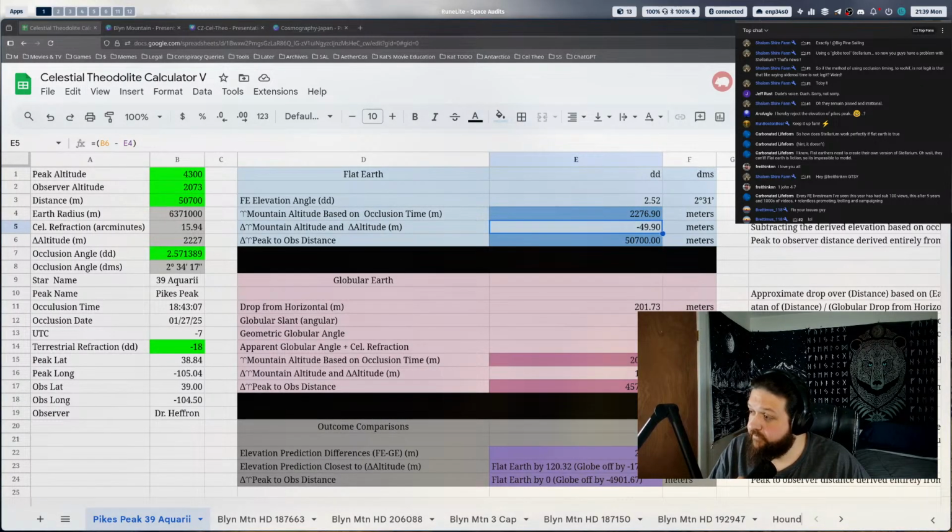Right. I don't doubt that you guys know how to plug numbers into a formula. But my problem is if something's off, if even your formula's number is off from what reality is. That could be simply a difference in, if you think about a light source at a long distance, the difference between that light source touching the peak of the mountain and the light source fully being occluded. So it could just be the size of the light source itself.